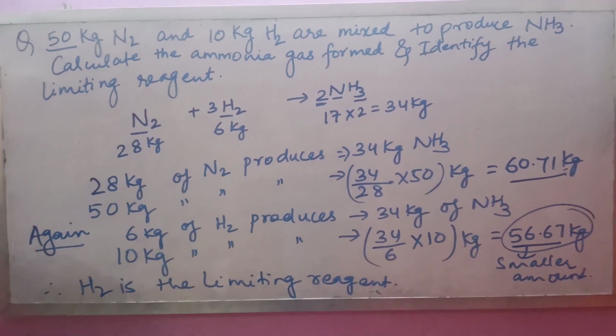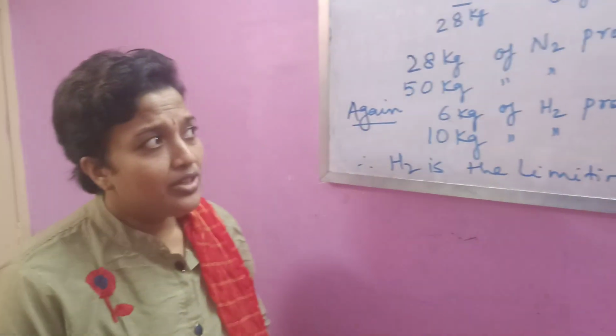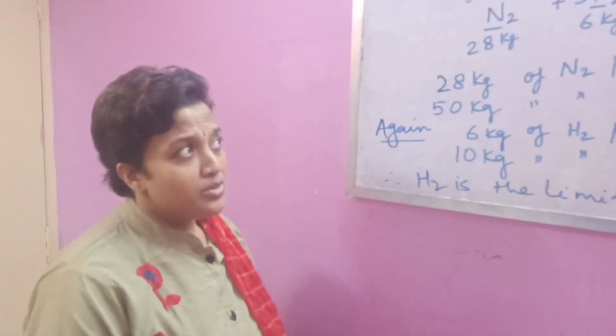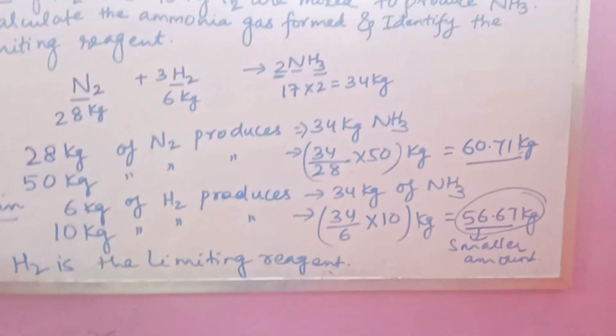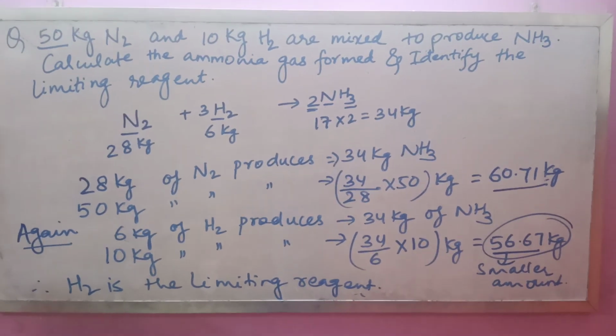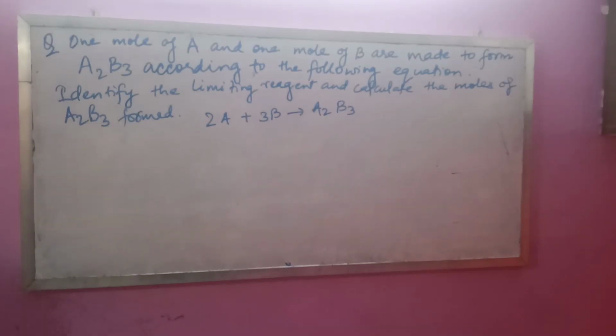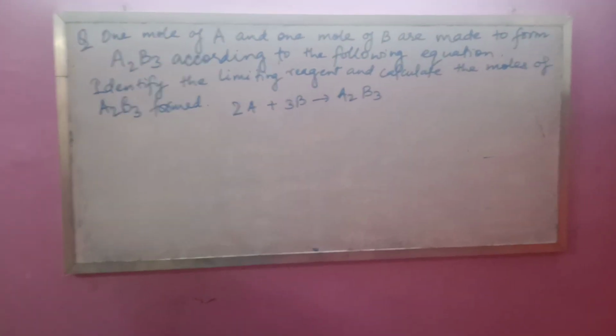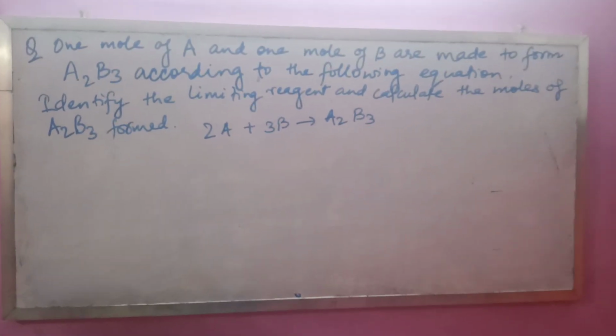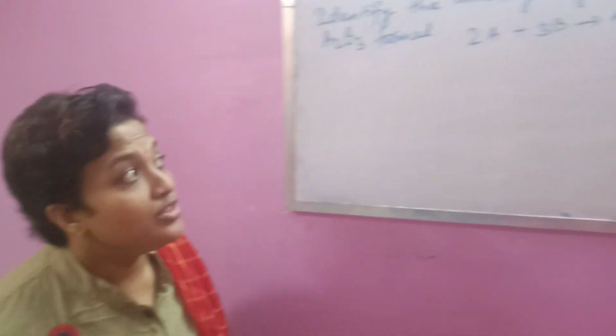See, you can solve this numerical in terms of kg or in terms of moles as well. So one more example we discussed today based on limiting reagent, and I think then the topic of limiting reagent will be clear to you. Now come to one more different type of numerical on limiting reagent. That numerical we have done in terms of weight. Now this numerical we are going to solve in terms of moles.